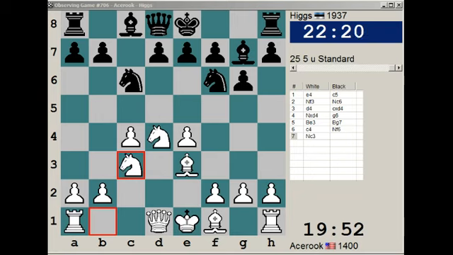d6 for the dragon. I guess I transpose into a dragon, but at least I'm not going to castle queenside. So, or kingside, excuse me. And so I'll just play it out. I don't know what the main theory is, but...